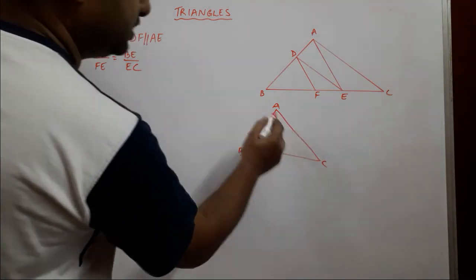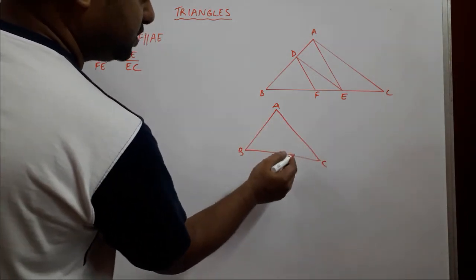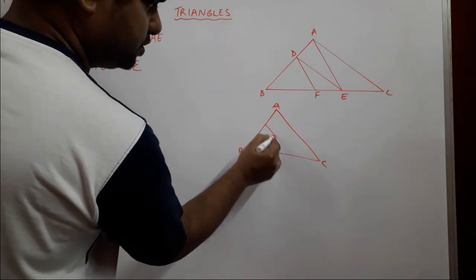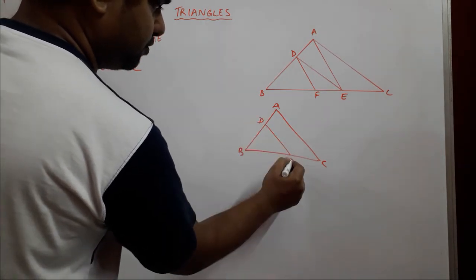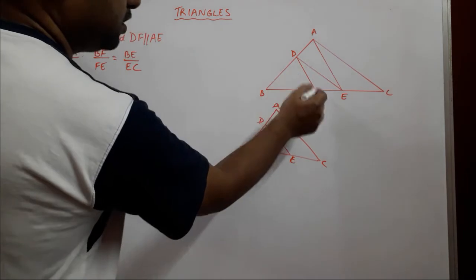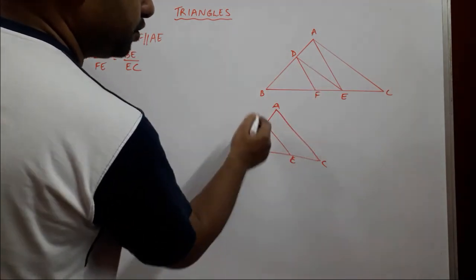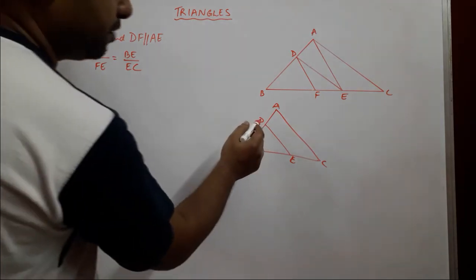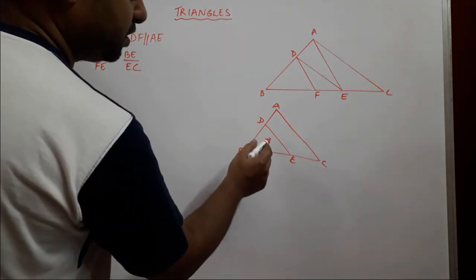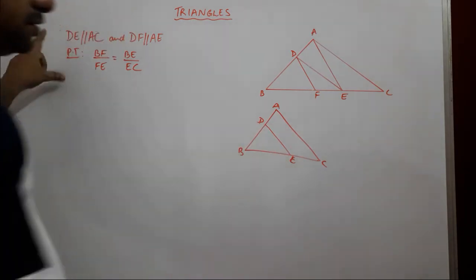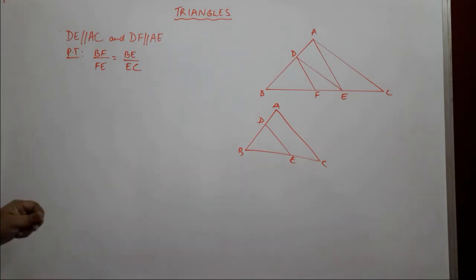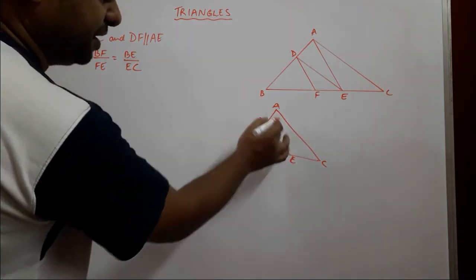AC is already here, all we need is DE. So I'll just draw DE over here, and I'm not going to draw DF over here, nor am I going to construct AE over here. Just this much, because all I want is a triangle with DE parallel to